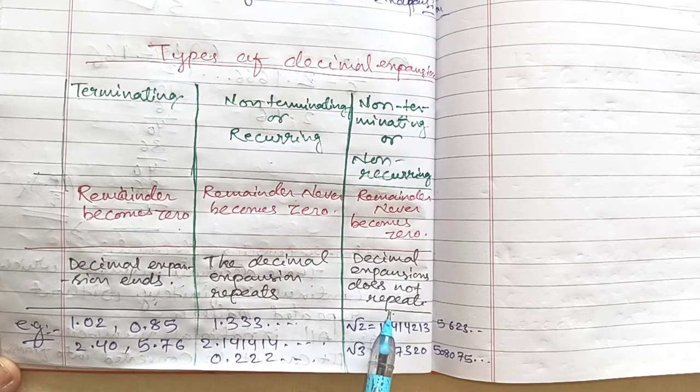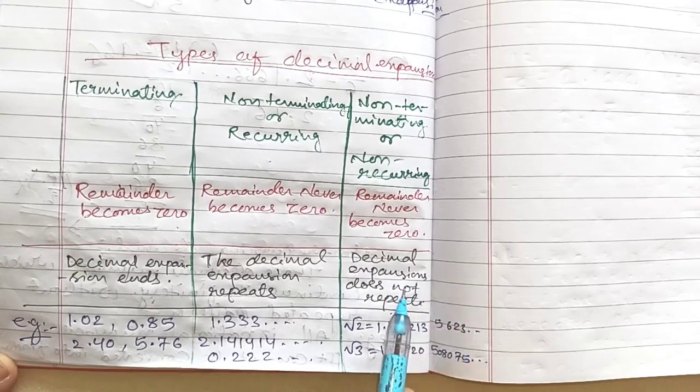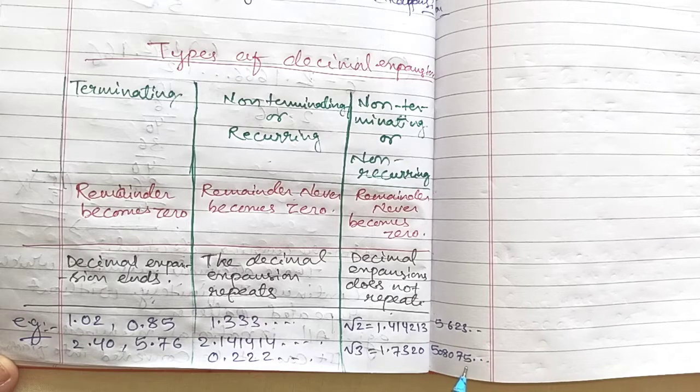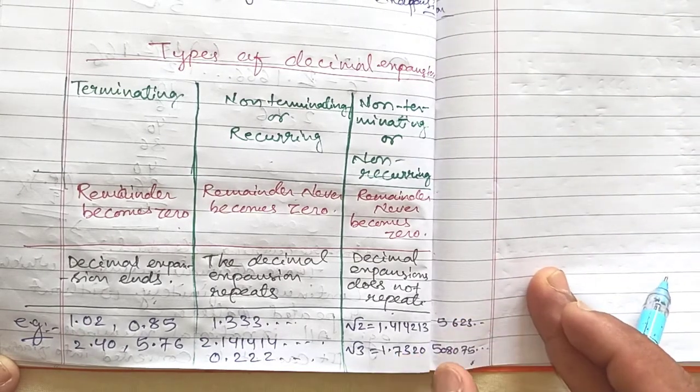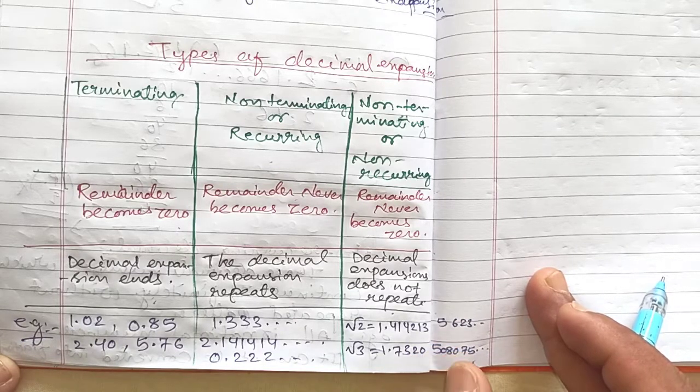Okay, the separate values you will get, all the values when you divide a number will be different. Individual values you will get, like root 2. Root 2 is 1.4142135623 dotted. Okay, all the numbers are different. Like root 3, 1.7320508075, all the numbers are different. No numbers are repeating here, you can see. Okay, no numbers are continuously repeating. All the individual numbers separately we are getting so many times.